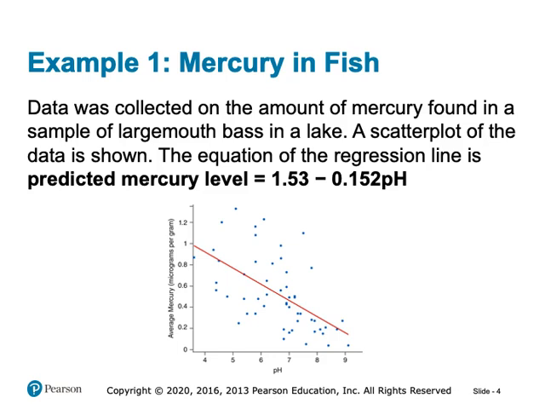This example sets the stage for understanding the distinction between prediction intervals and confidence intervals, which we'll explore in the upcoming slides. These intervals will help us quantify the uncertainty in our predictions, whether we're interested in individual fish or the average across a group.